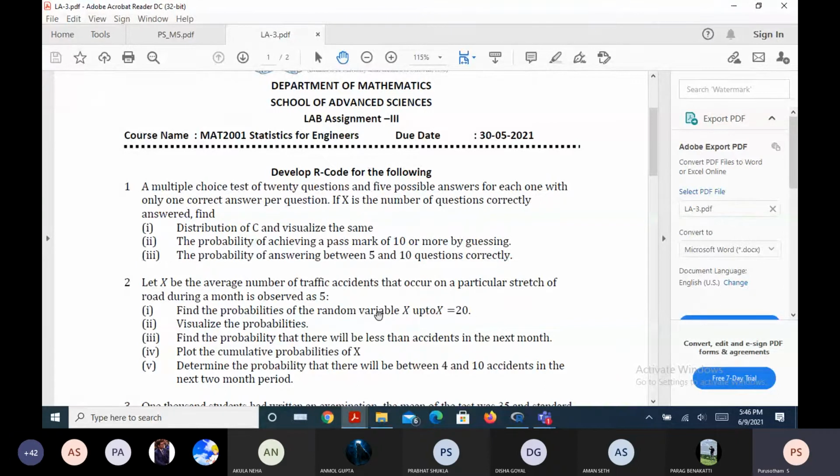So you are going to find out the distribution of X up to 20. Visualize. So you are going to make the plot of those distribution values. Then find the probability that there will be less than